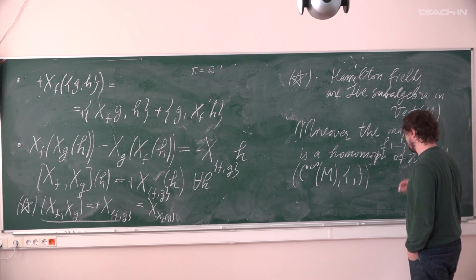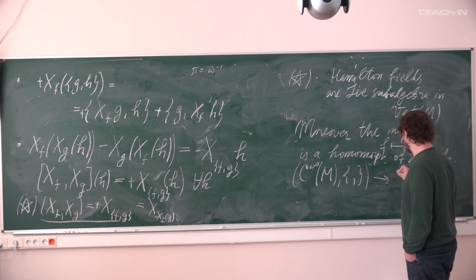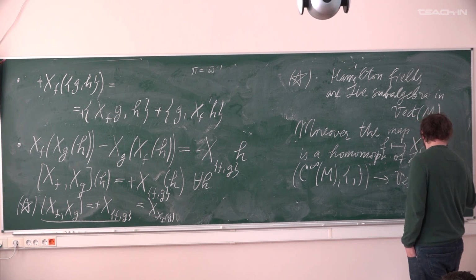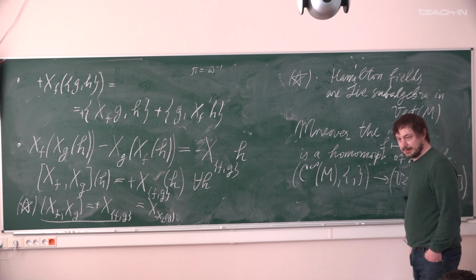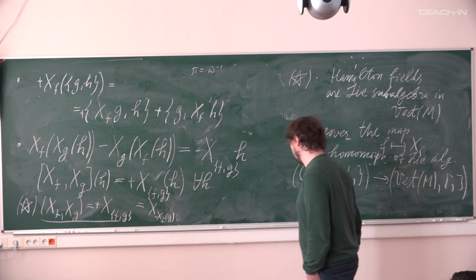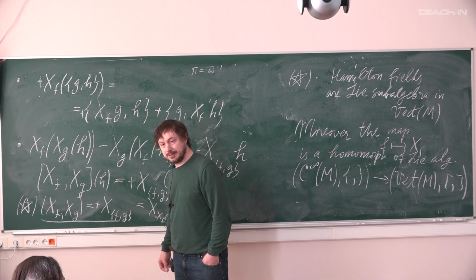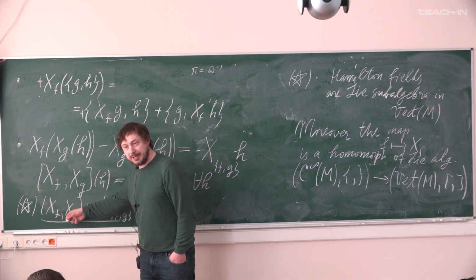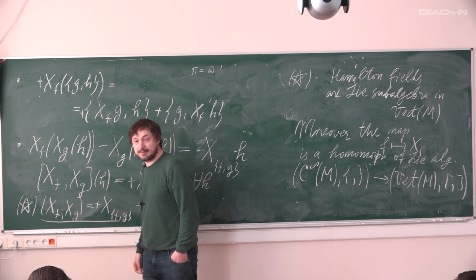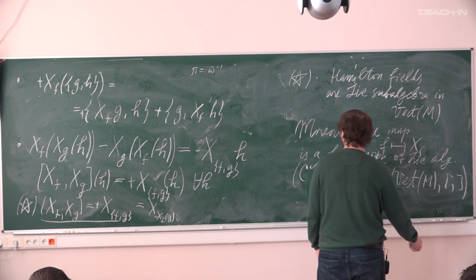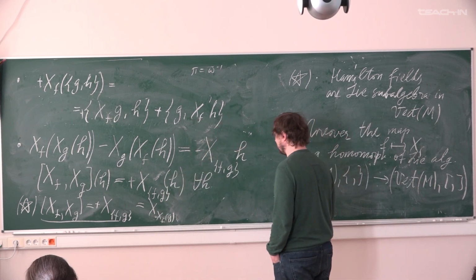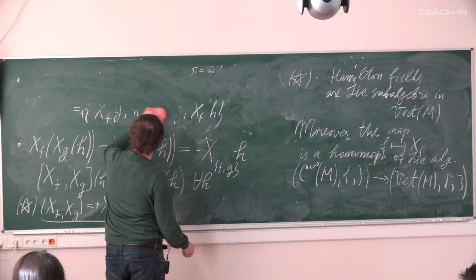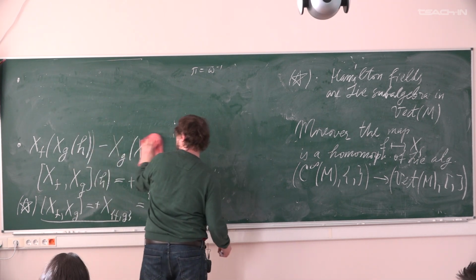So we have a homomorphism of Lie algebras from this Lie algebra to the Lie algebra of vector fields on M, with the usual commutator as the Lie bracket. Right? So this is another way to reinterpret this. We send every function to its Hamilton vector field, and then the commutator will go to the commutator. Nothing else. And probably a third thing we need to actually observe, we have to pay attention to in this situation, is that